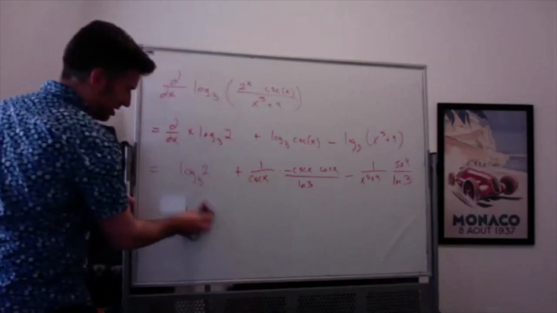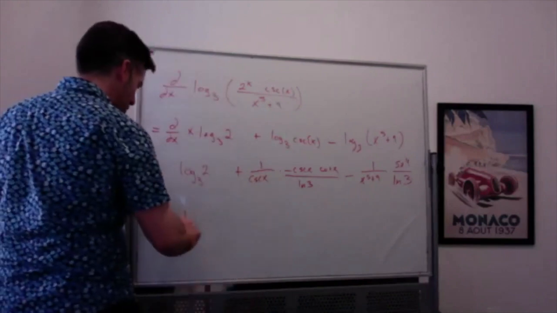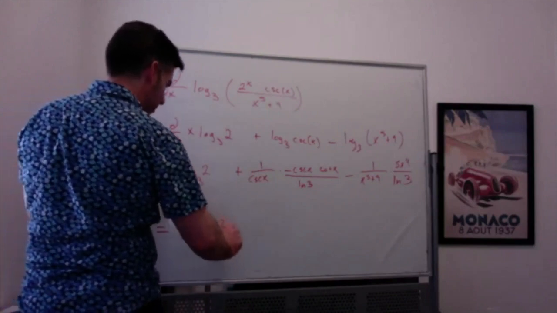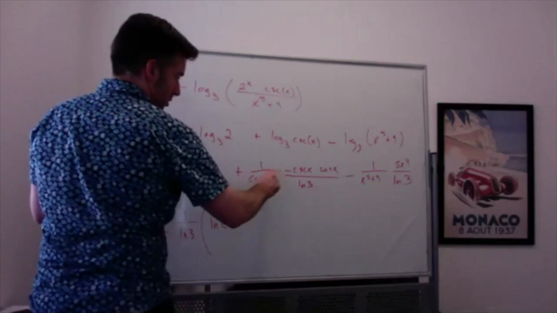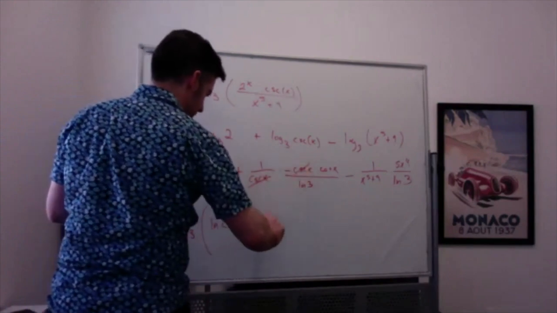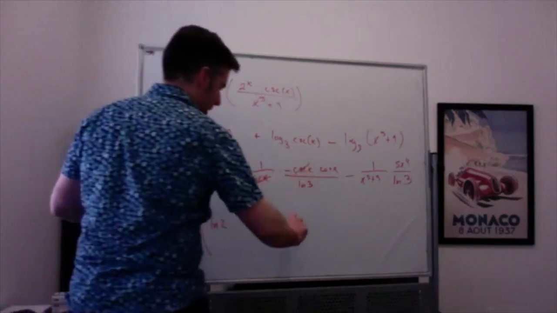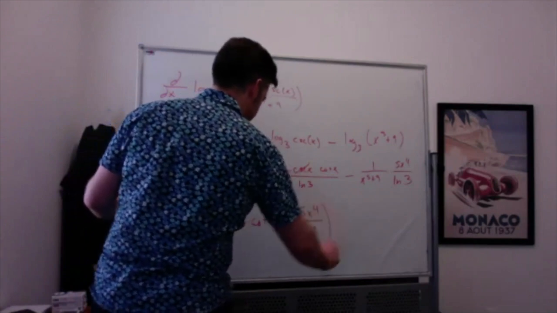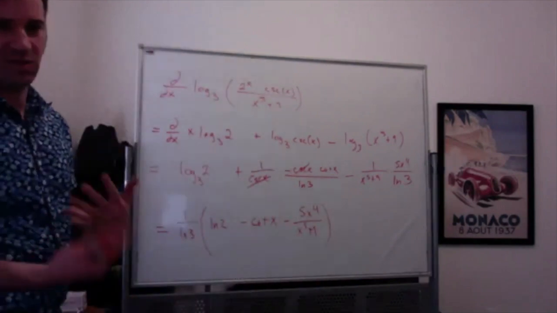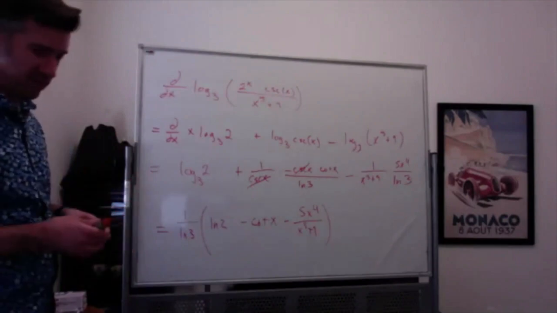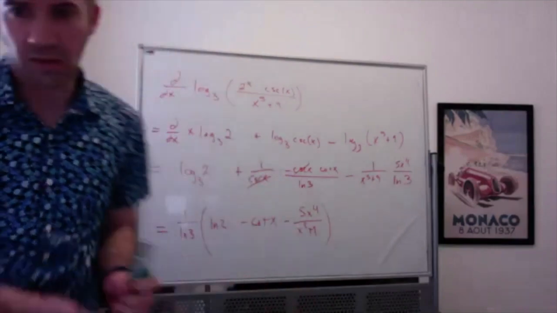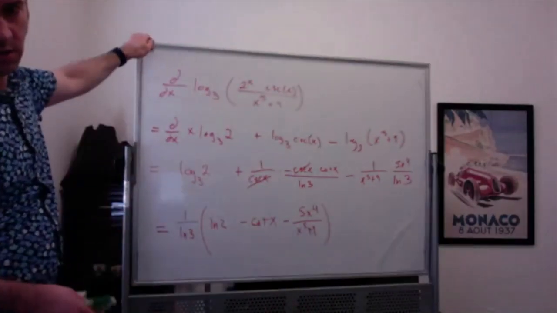I don't really think that's super necessary, but you could write it as 1 over natural log of 3 times natural log of 2 minus cotangent of x minus 5x to the 4th over x to the 5th plus 9. There's lots of simplifying you can do that I don't think is particularly necessary, but that doesn't mean I shouldn't talk about it. Okay, so let us move along